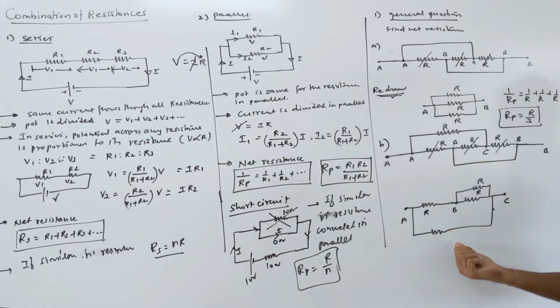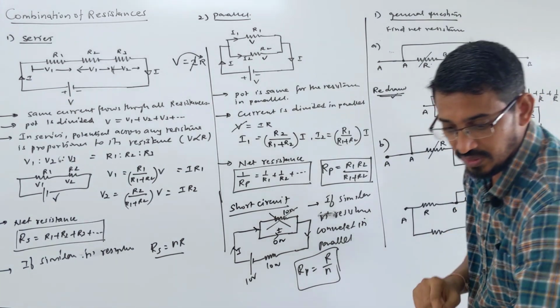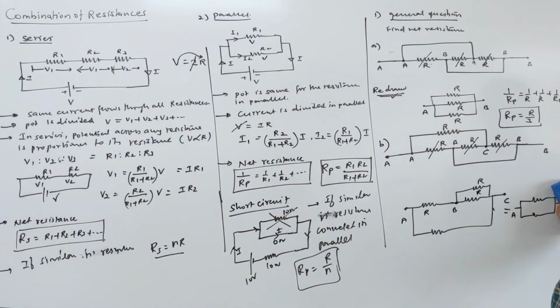Now it's easy to see, correct. R and R in parallel, so R by 2 in series with that R. So this is equivalent, you can draw it this way in terms of two resistances. This is A, that's what... no, actually I made a mistake here. We're finding the resistance between A and B terminal, right. So I made a small mistake, let me clean this once more.